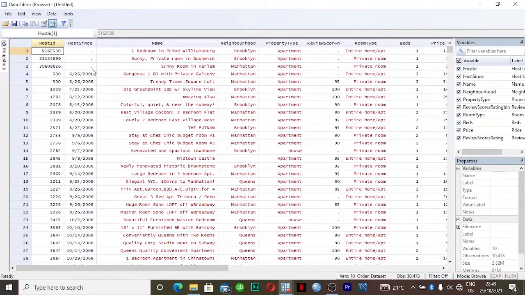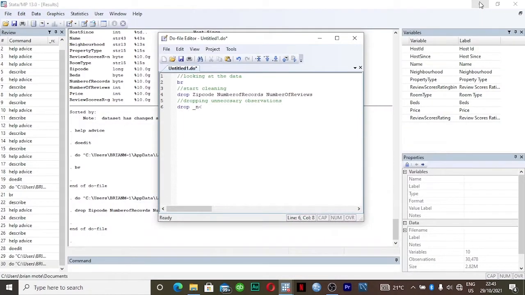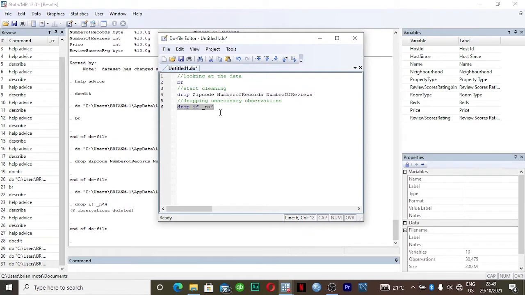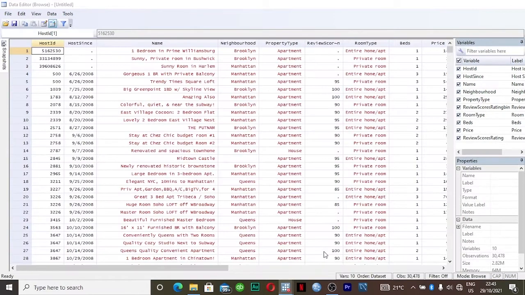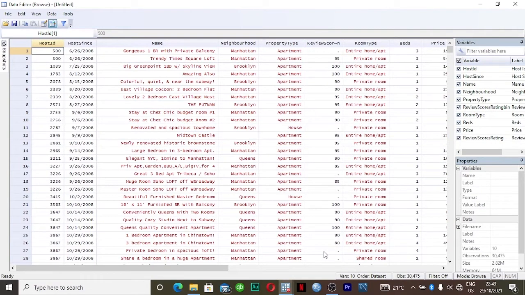From here to the first one, I want to drop them. Write Control D, and when you go back to the window, see if it is effective. Yes, it was effective. You have dropped the first three.